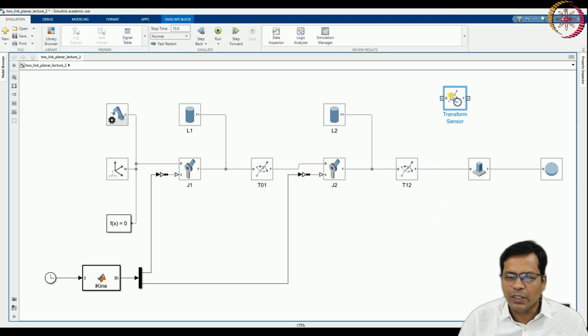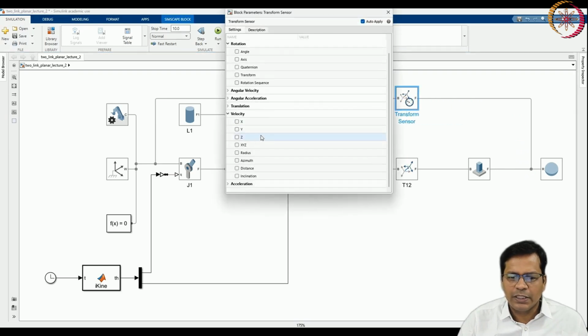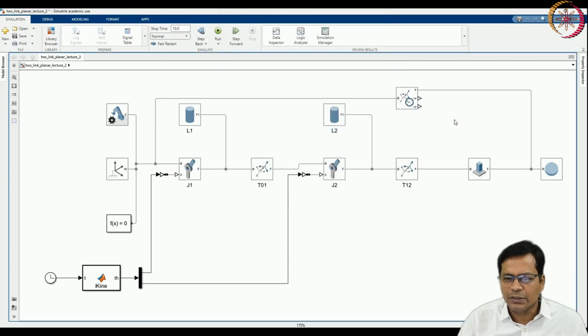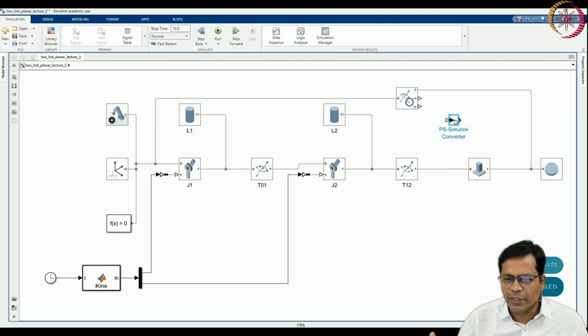I want to know the transformation of the end effector frame from the base frame. This is basically doing the forward kinematics. I am calculating xy position and velocity. Position can be directly extracted from the end effector frame. Velocity has to be taken from this block.